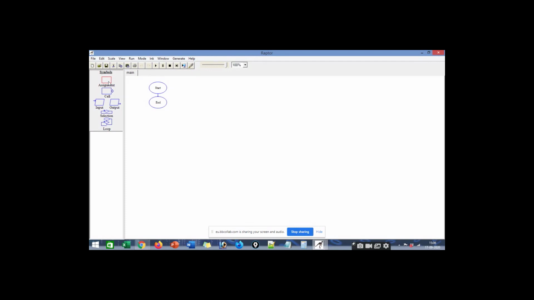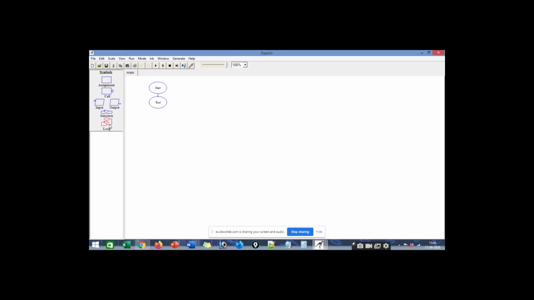If you want to directly give values like a is equal to 1, b is equal to 2, then this is the symbol. If you want to give input from the keyboard, then you will use this symbol. So there is a difference between assignment and input. Input we get from the keyboard, and assignment is whatever I provided by default. Output is what is displayed on our computer screen, and selection is the if else part, and this is the loop.